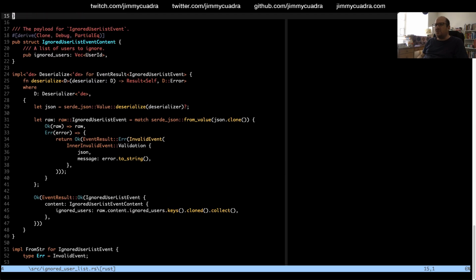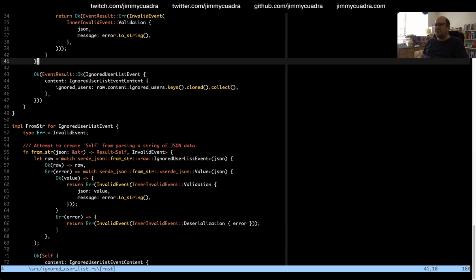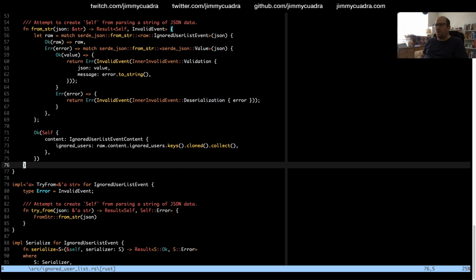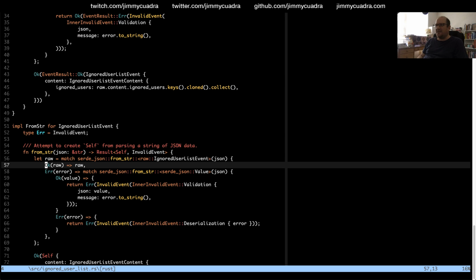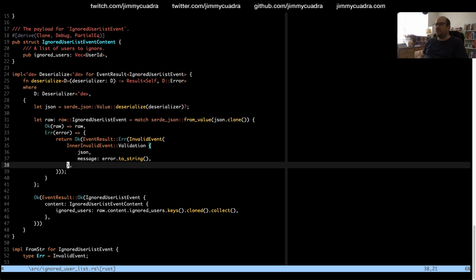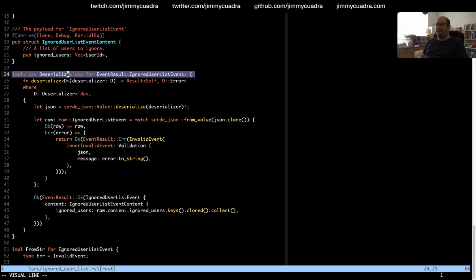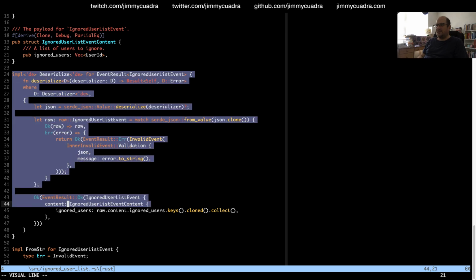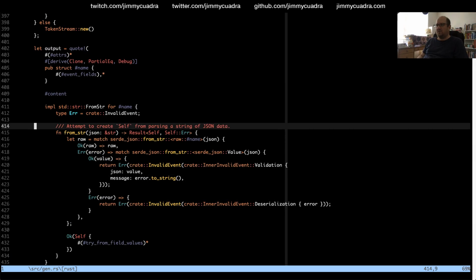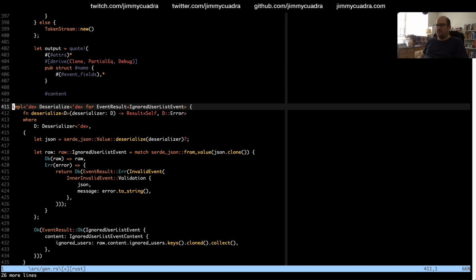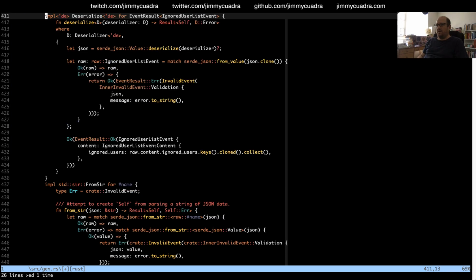So in the new API, why is from string still there? I feel like we don't want that anymore. I think I just left that, but intended to remove it later. So what we're really doing is, I'm just going to copy all of this text because it's pretty similar, I think, to what we want here. So I'm going to paste this in, and then we're going to edit it to work with the new API.